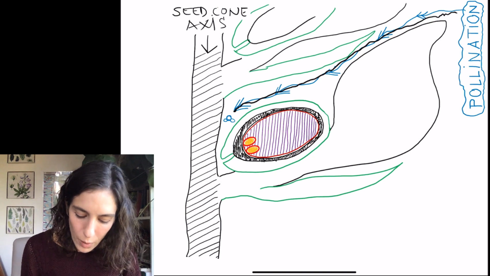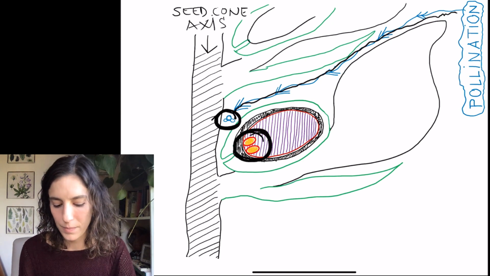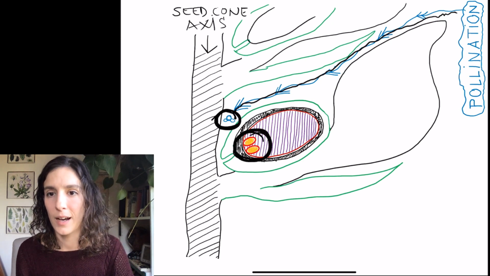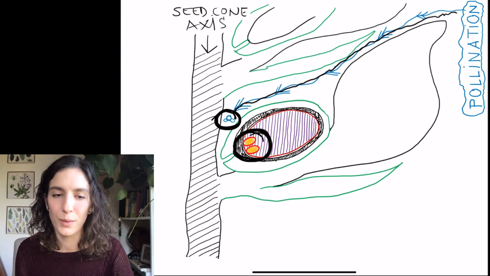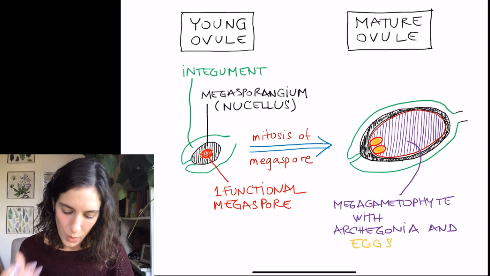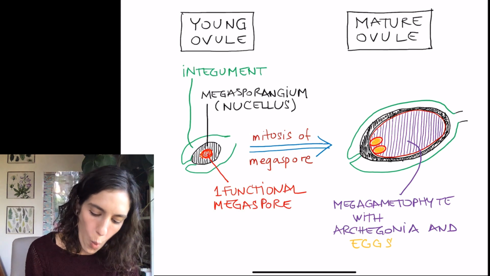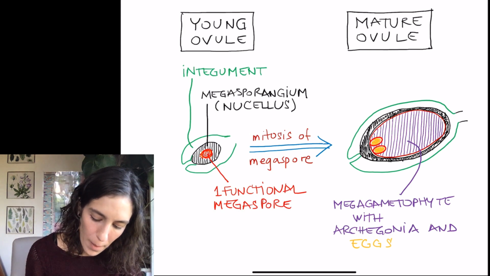And that's where it needs to go. Because again, our sperm cells are in the pollen grain and our egg cells are in the ovule. That's, of course, what we need. We know those two things need to meet in order to have fertilization take place. Okay, so we're going to talk about what the difference is between a young ovule and a mature ovule is. But right now, just know that one functional megaspore